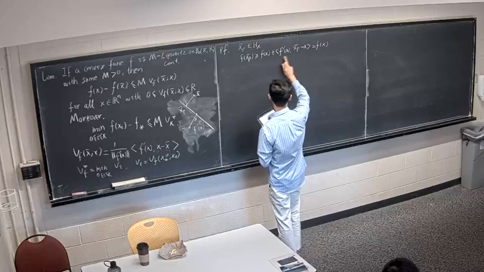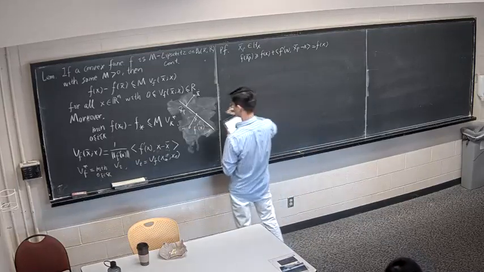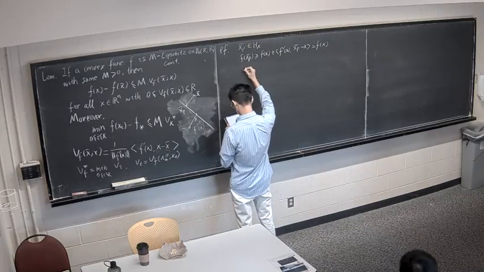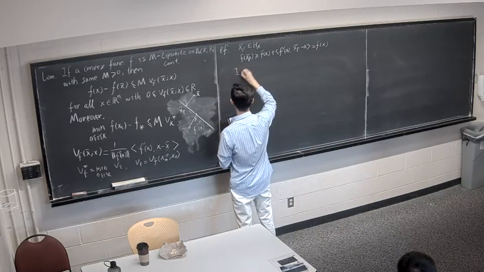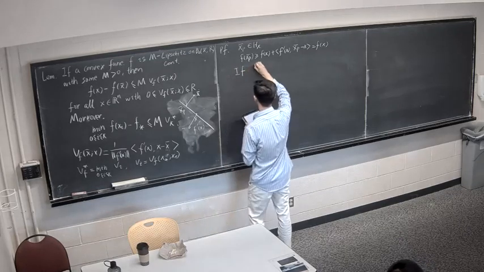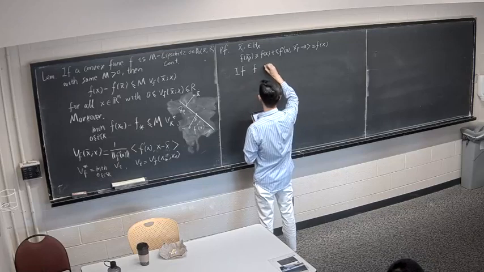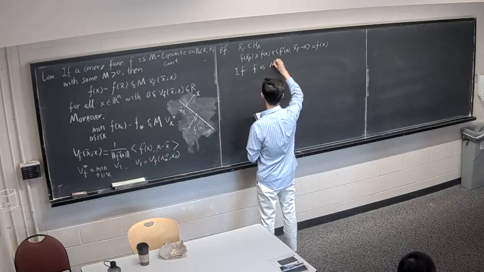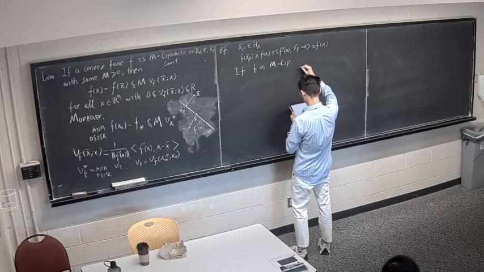This is just zero. They are perpendicular to each other. And also we have, so if f is, just as the assumption said, if f is Lipschitz continuous on the ball,